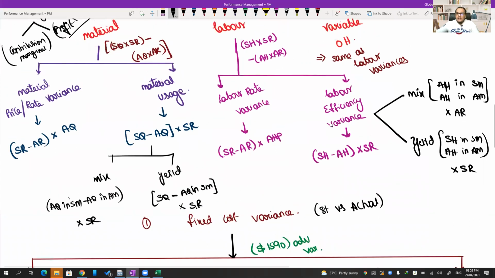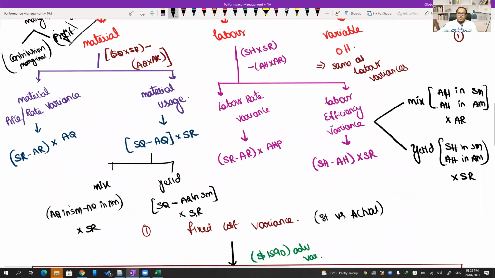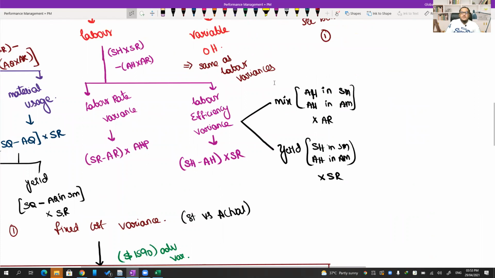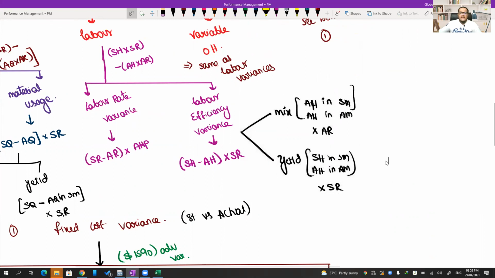Okay, there is another variance. Labor efficiency is also determined by the number of hours they are spending idle, isn't it? If they are spending too much time idle, obviously the efficiency variance will take a hit. So here I'm going to take another one, that is idle time variance. Idle time is nothing but actual hours paid minus actual hours worked, into the standard rate. And then these all will be the hours worked.